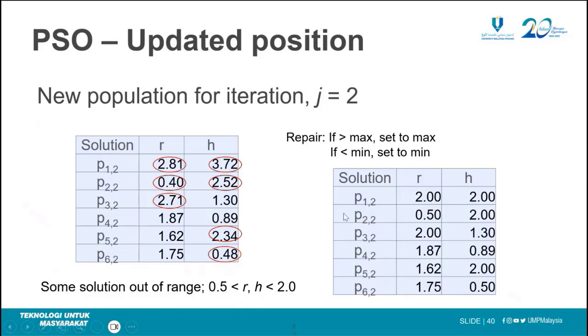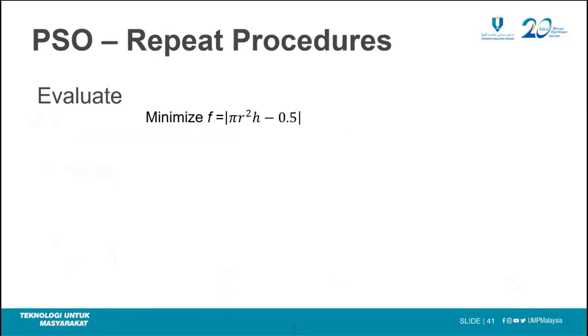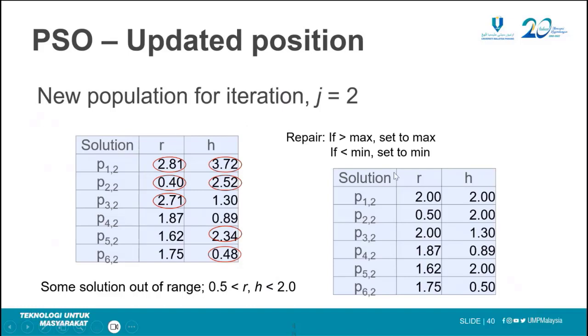So the solution will become like this. The solution for the second iteration will become like this. For the values that are already within the bound, we will keep those values. Then the PSO will repeat the procedure, where it goes back to the evaluation. So now we already have